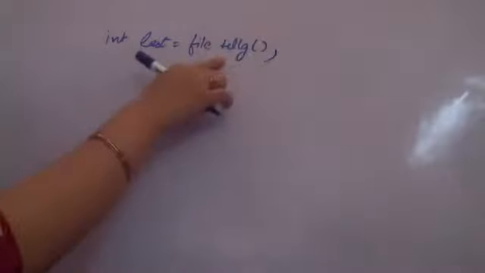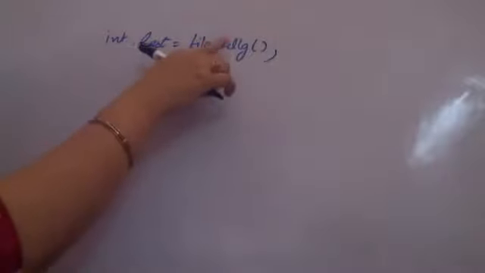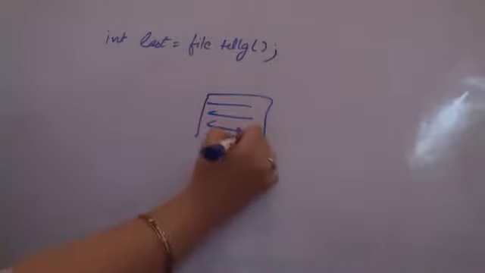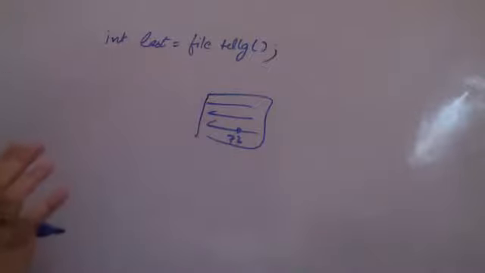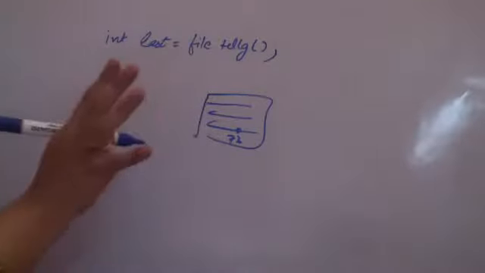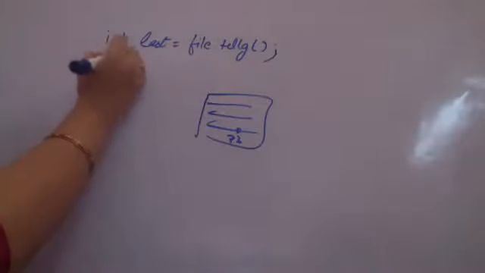The position of the pointer is already at the end of the file. Please recall that. So I am creating some integer last. The pointer is already at the end of the file. So I am calling file dot tell g. Tell g is going to return the current position of the get pointer in bytes. So supposedly this is my file. This is the 73rd byte. So 73 will be returned in last. Whatever position in number of bytes from the beginning, that will be returned. Just for example.